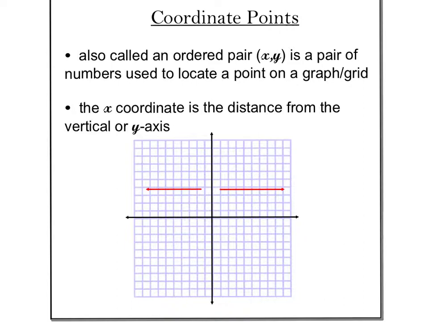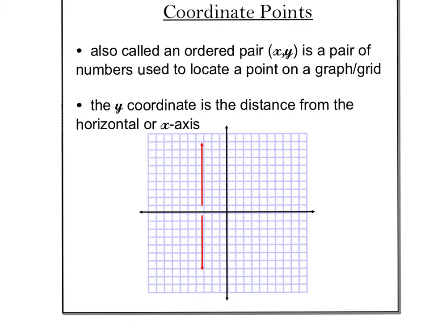x, y is an ordered pair, and x always comes first, y is always second, and the x coordinate is along the x-axis. So right here is the x-axis. The x-coordinate will be along this line. Then on the flip side, you also have a y-axis with a y-coordinate. So this line right here, hopefully as straight as I can make it, would be the y-axis,